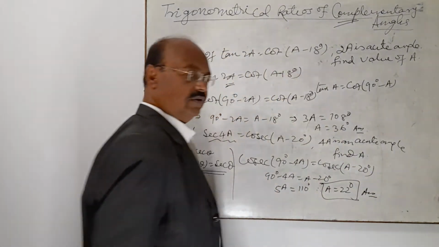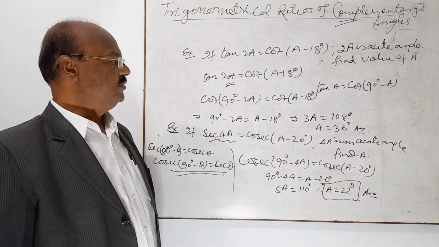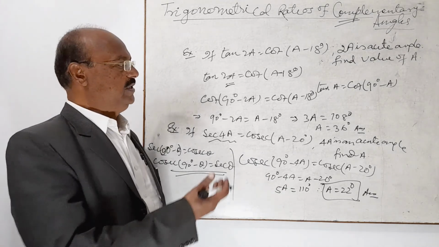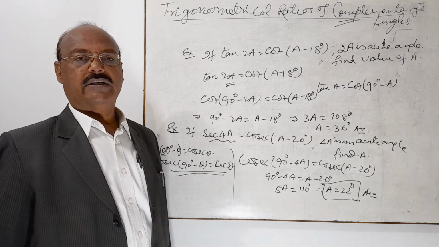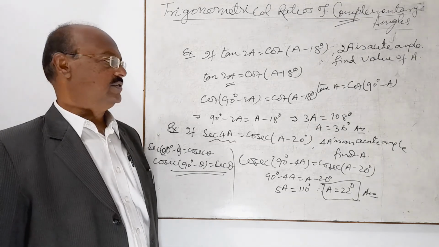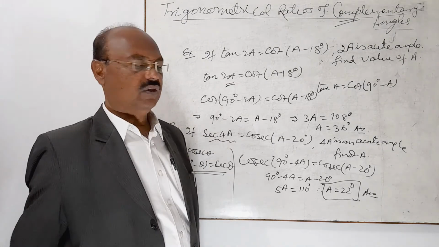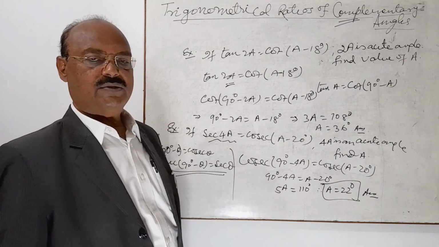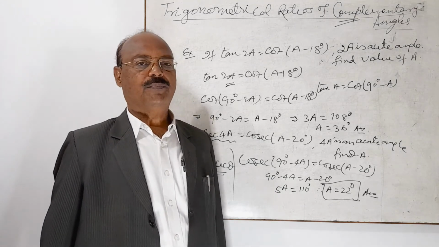So questions are very simple. We can do these questions very easily. Just remember the formula that we have discussed. I mean, sin 90 minus theta is cos theta, cos 90 minus theta is sin theta, etc. So students, please do some more problems. Do some exercises also, so that you could have a better command over this topic.